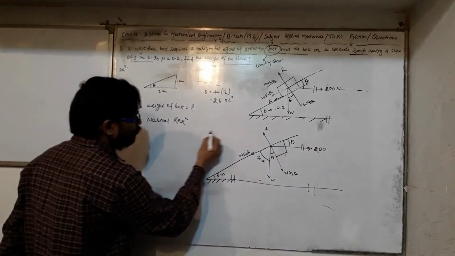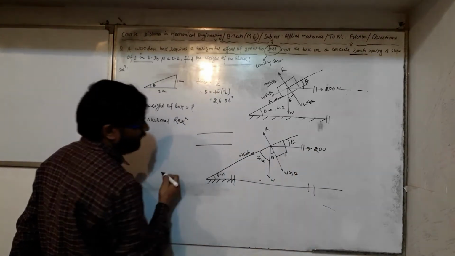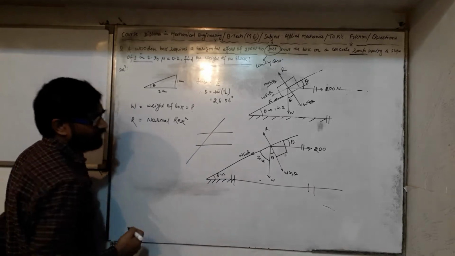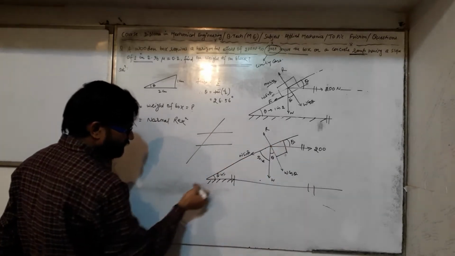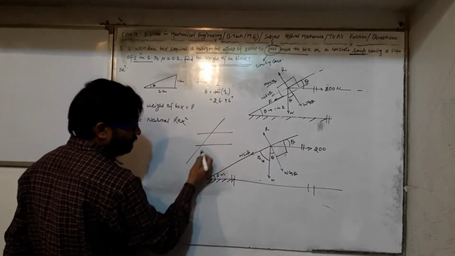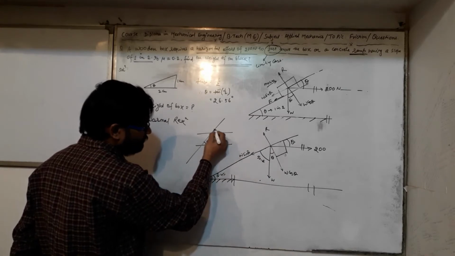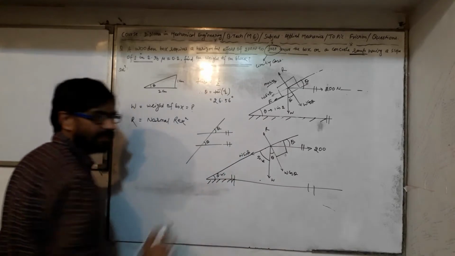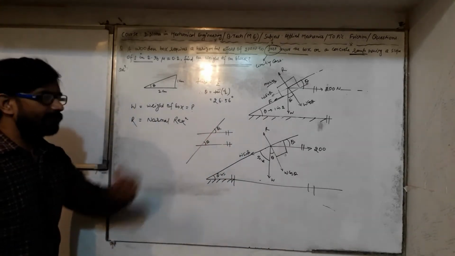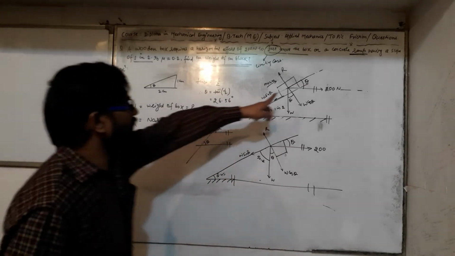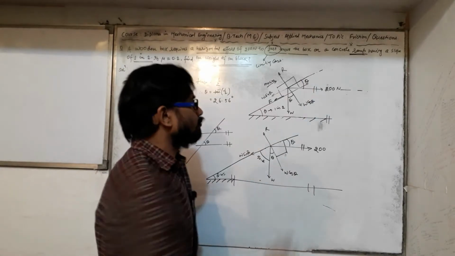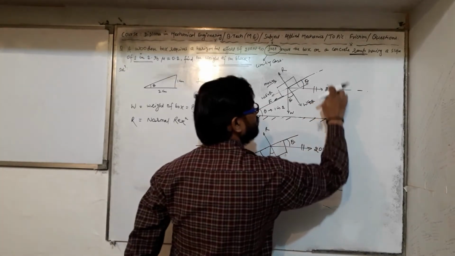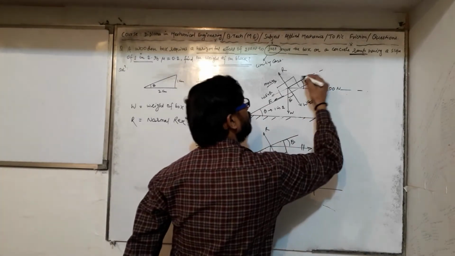So if there are two parallel lines and one transversal, the inclined plane acts as a transversal. Then this angle theta, this must be theta, isn't it? It is a corresponding angle pair. So now this angle would be equal to theta. If this is equal to theta, then for the 200 Newton force, its component along the direction